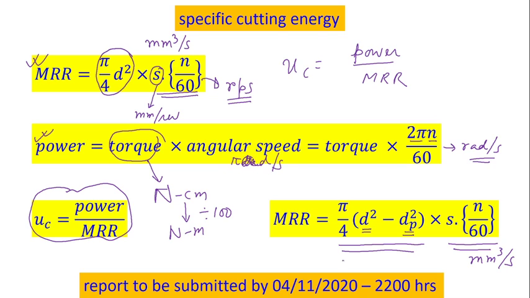Please try to understand, your first experiment, that is on chip formation, had a weightage of 20. Your machining force or cutting force had a weightage of 40. Your temperature had a weightage of 20. This one would have a weightage of 30, so your report marks would be evaluated out of 30. Please keep that in mind while preparing the report, and you have to submit by 4th of November 2020. That means Wednesday by 10 o'clock in the night you have to submit this particular document. I hope it is very clear now.